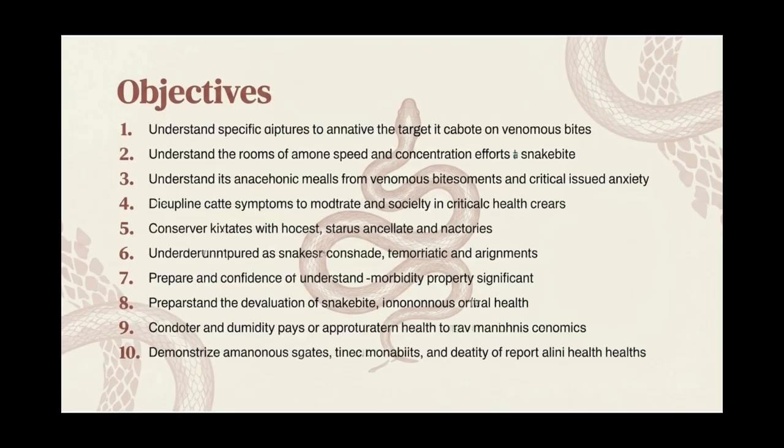Here are 10 brief learning objectives designed to help learners gain essential knowledge in managing snake envenomation. First, learners will be able to classify medically important venomous snakes into their primary families, which include Elapidae, Viperidae, and Lamprophidae, and differentiate them based on characteristics such as their fangs and venom glands. They will also summarize the epidemiology of snake bites both globally and within the United States, identifying the most common venomous snakes responsible for envenomations in the country and recognizing key demographic risk factors.